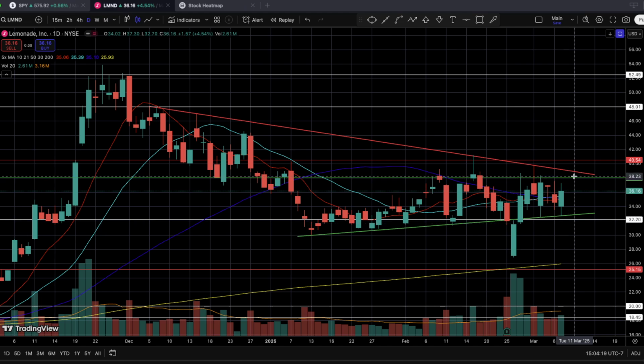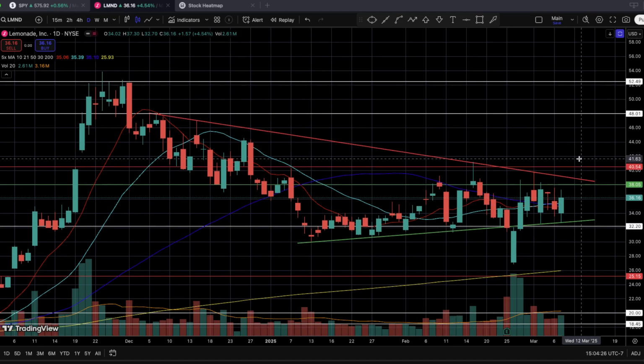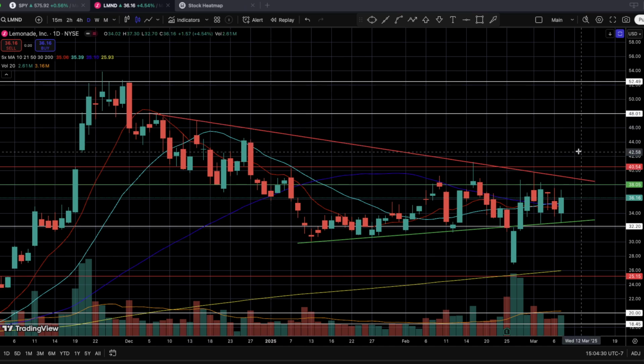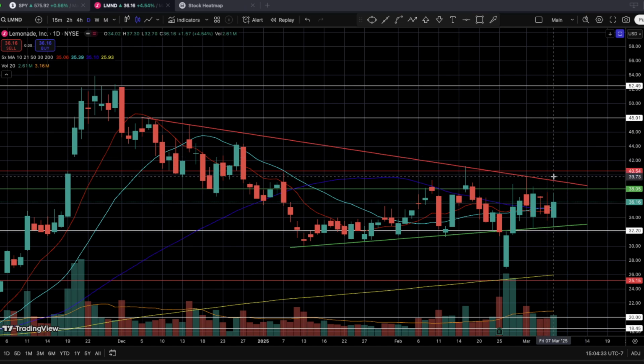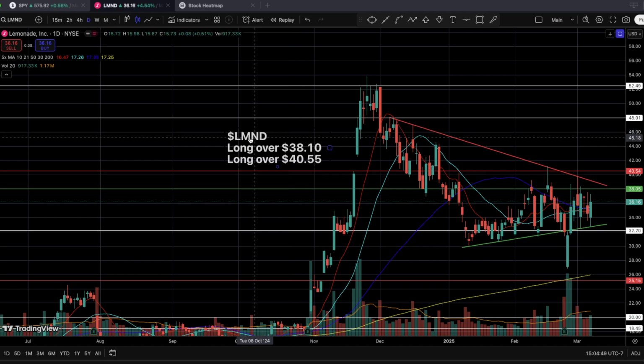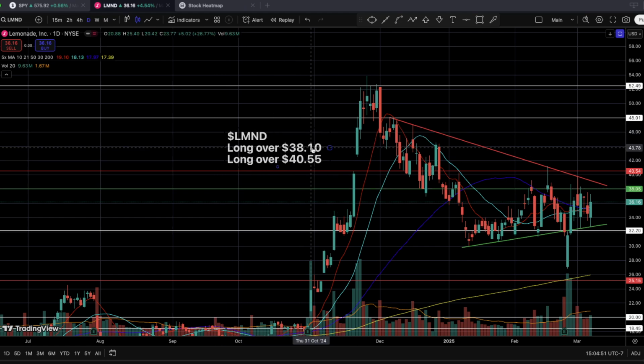All right. So with LMND, I really want to see a good breakout over this current range, over this horizontal level here of 38.05, and obviously the price is continuously holding up over 32.20. And eventually, if we're able to get past this descending resistance trend line that makes up this wedge chart pattern, we need to see an actual breakout over this wedge, so out of this descending trend line and over this major level of resistance at 40.50, so a whole number level of resistance at 40.50. And hence that is the reason why I've given you guys these long entry points, right? 38.10 or over